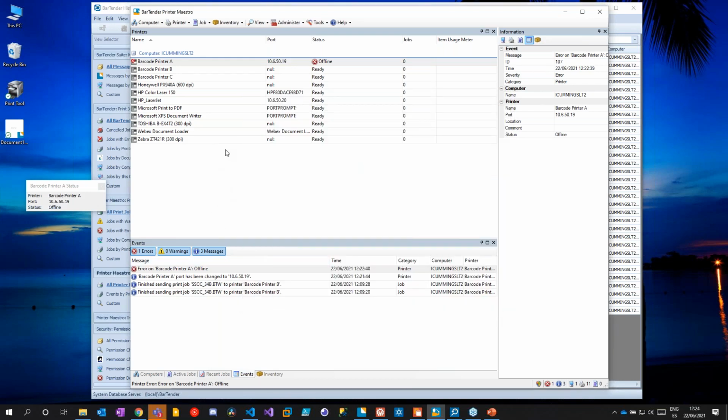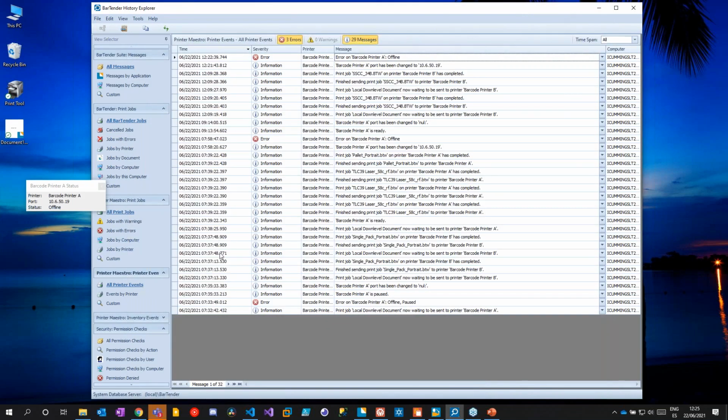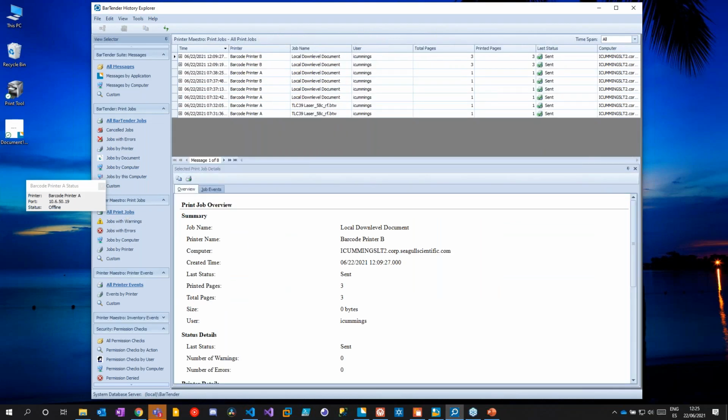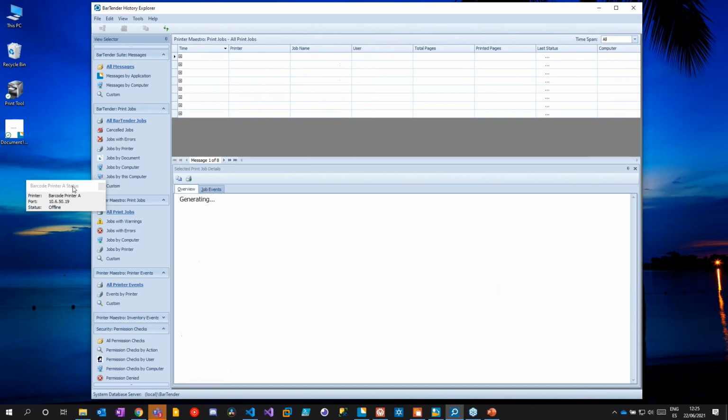So this gives us all the traceability, not just over the BarTender stuff, but also the printer stuff. And what I mean by printer stuff is that, yes, it includes everything printer and BarTender related, but also Printer Maestro events can actually include events that occur